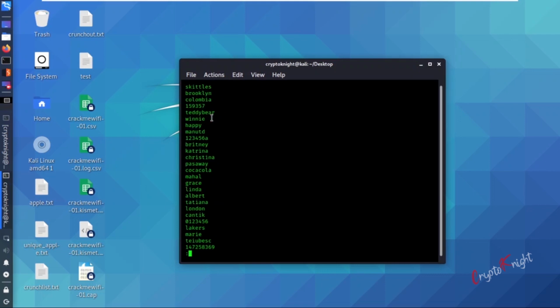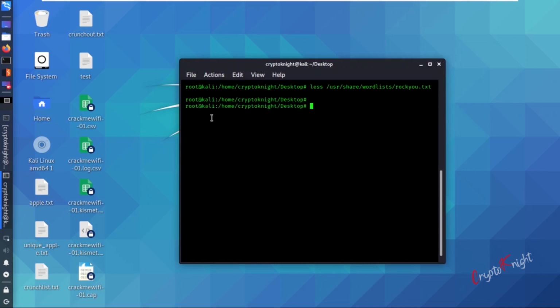If the word is present in this file, we will be able to crack it, else we won't. Hit enter. So this file basically comes packaged with Kali only. If you don't have this txt file, you must have a .gz or something like that. So it is basically zipped. You simply have to go to the wordlists directory and extract rockyou.gz, and as soon as you do that, you will get rockyou.txt over here.